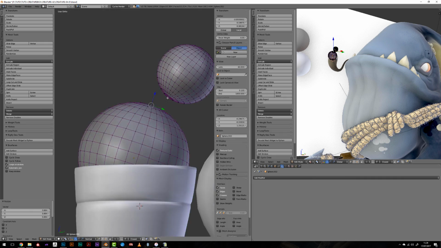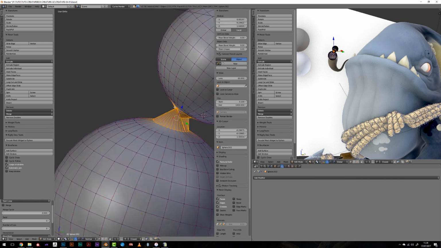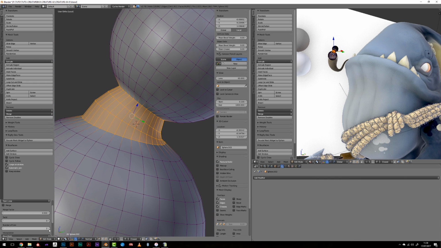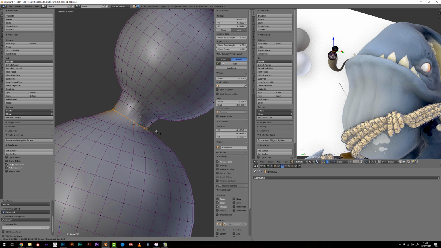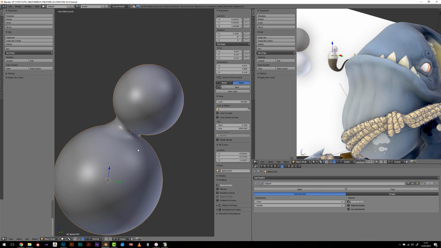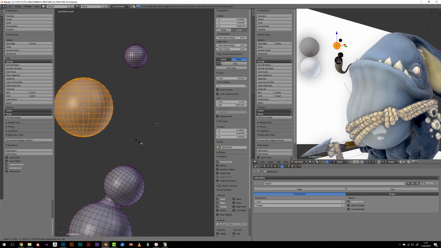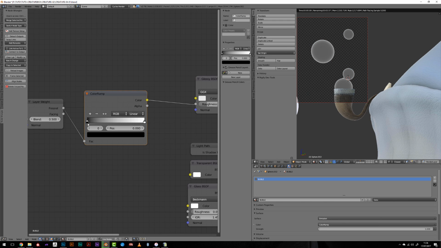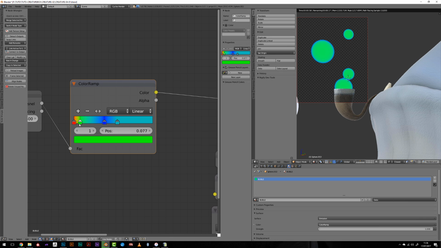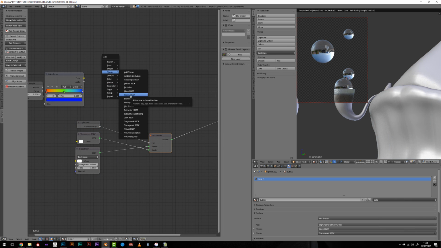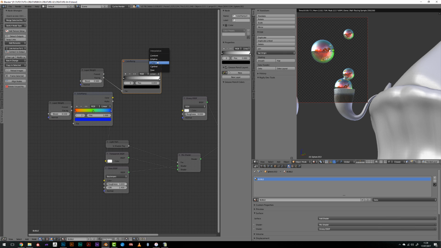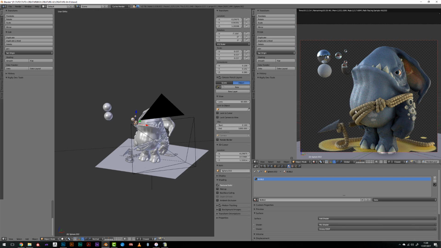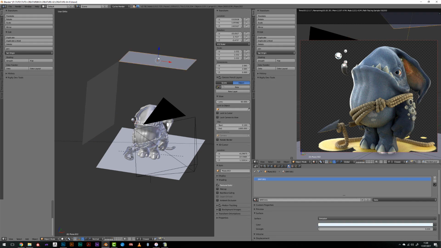I've tried to model the bubbles using Metaball without success, so I decided to make them by hand using a simple UV sphere that I will blend together using Bridge Edge Loop. I've made the bubble shader using a color ramp and using the facing node just to create this nice color transition based on the Fresnel effect. Even if it's not 100% or at all physically accurate, it does work. So that's all we want.